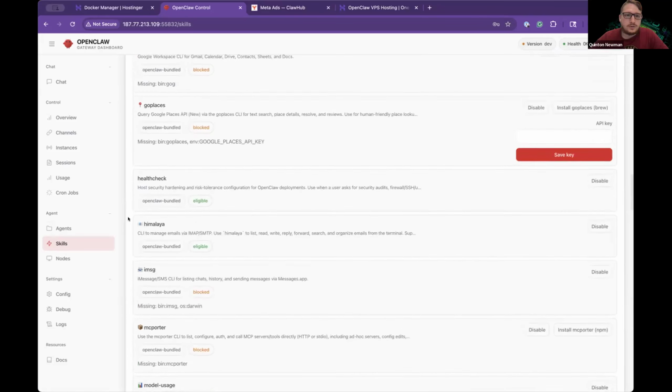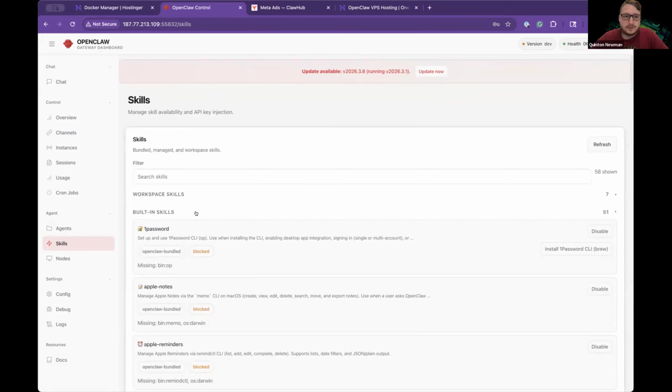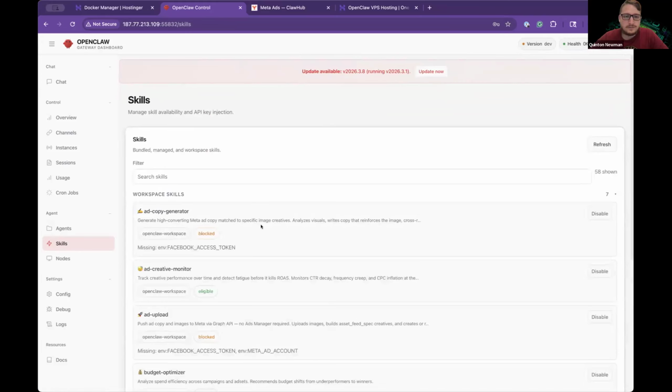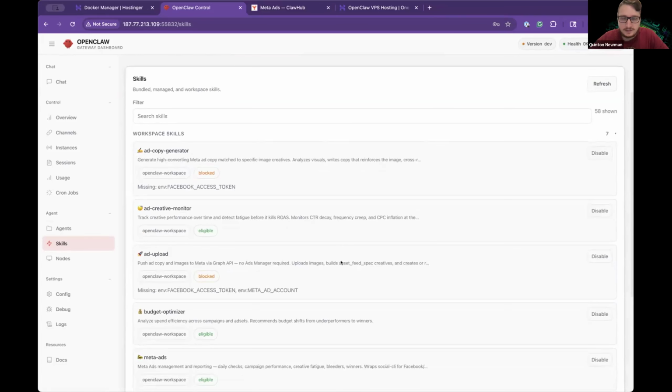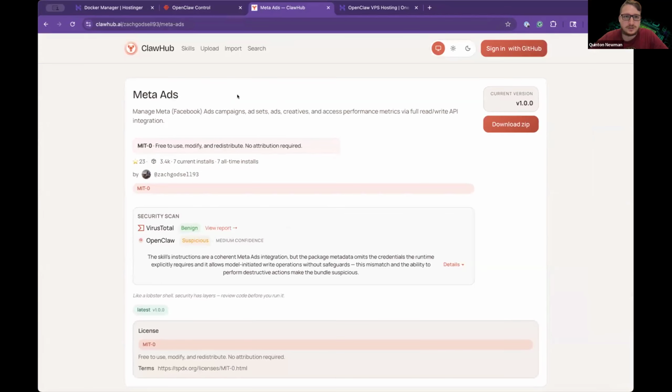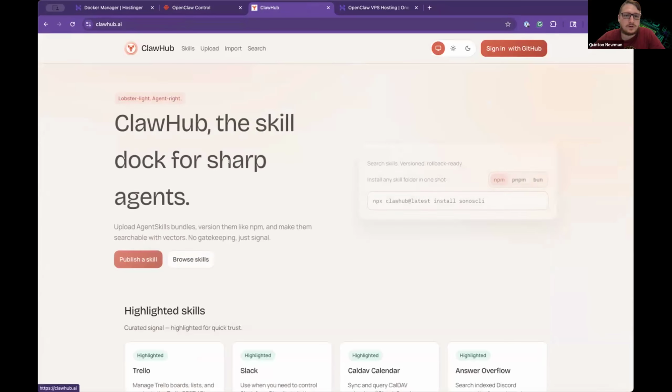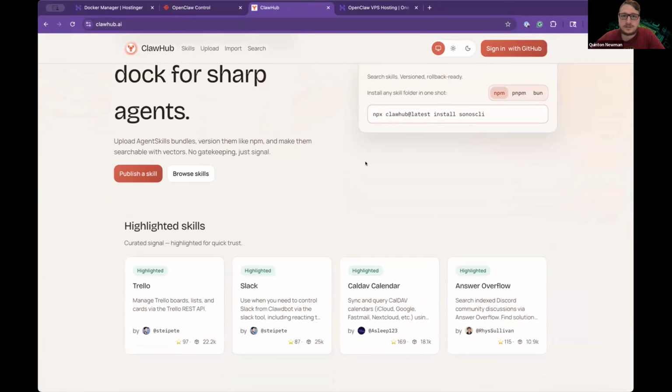Now, when you want to use skills that are not built in and shipped with it, you have workspace skills that can be brought in from the marketplace. There's an OpenClaw dedicated marketplace called Claw Hub. I was just going to look up and show you Meta Ads, but just so you can see more of what it looks like, Claw Hub is a marketplace for skills that a lot of people are using. So, if there's a skill that it doesn't come out of the box with, like Trello or Answer Overflow or CalDAV,